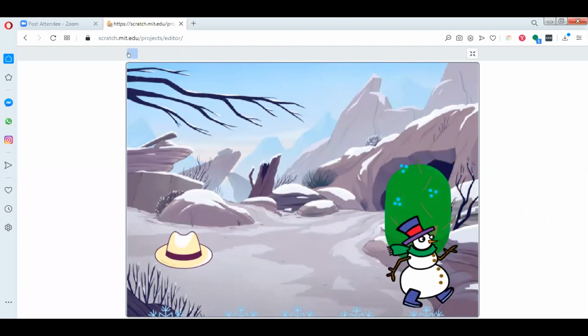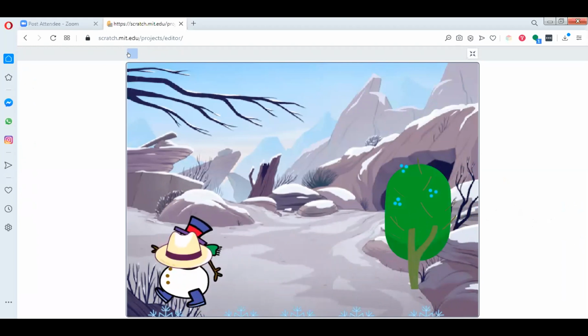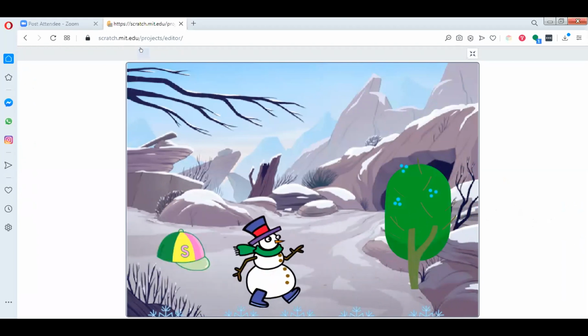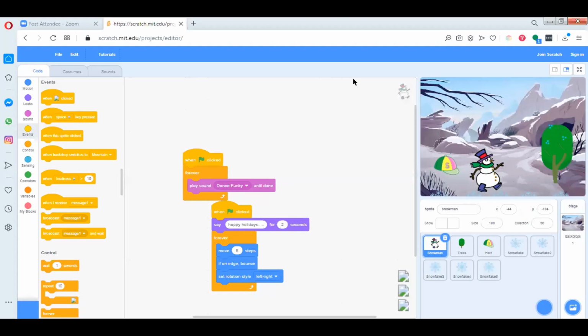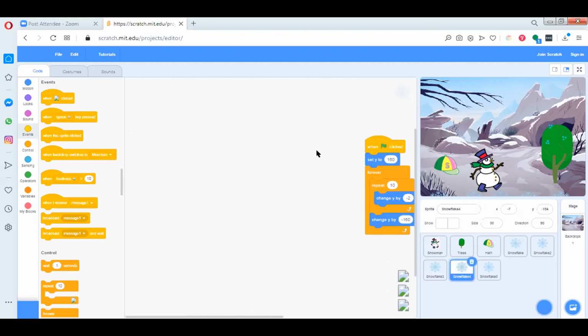Wow. Okay, that's nice. Now, what you could do when your snowflakes are coming down, okay? For a few of those snowflakes, change costume, because there's only one costume. But you can duplicate costumes, right? You know how to duplicate costume or not? Yes, sir. Correct. So now you have to think how I can make it better. So try to change the costume, try to change the color of snowflakes. Instead of blue, make it very light blue. Okay. So that it looks different as such.